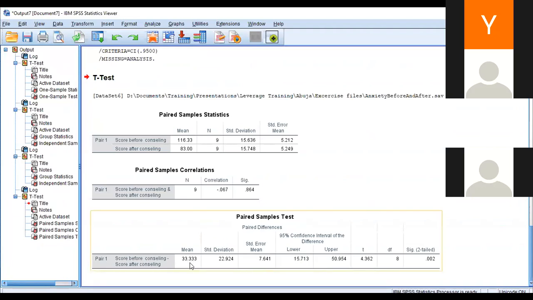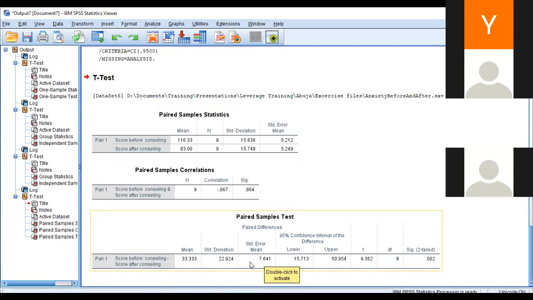Remember, the mean difference was 33.3 we got the other time. Look at the mean for individual group, but that's not what was used to calculate. The mean of the difference is what is here. This is the standard deviation we calculated. This is the standard error. This is the confidence interval. This is the T we calculated. This is the degree of freedom. This is the p-value, so it shows it's significant.